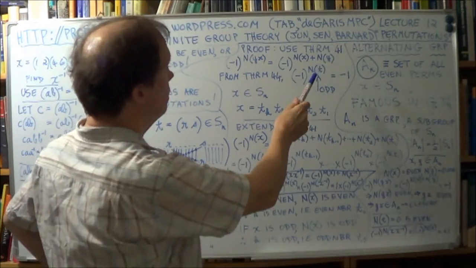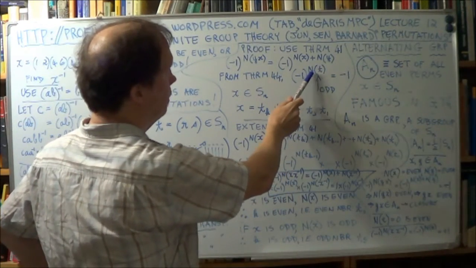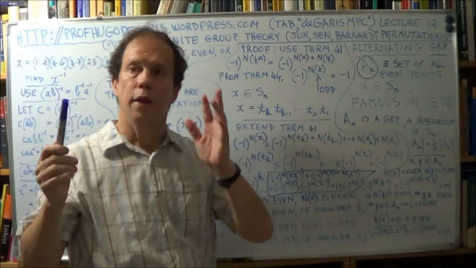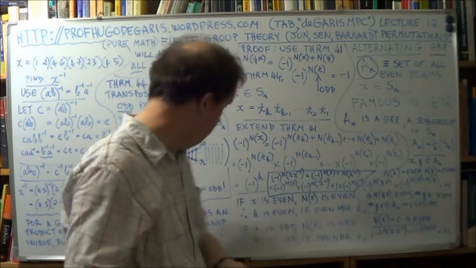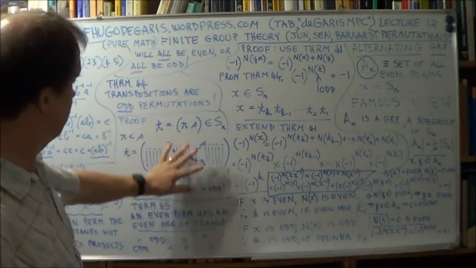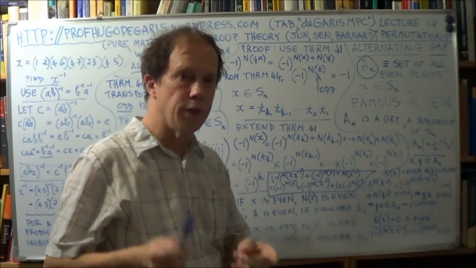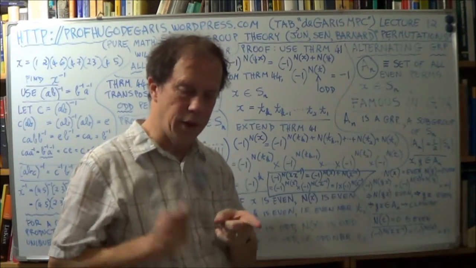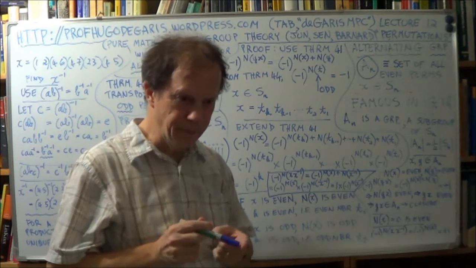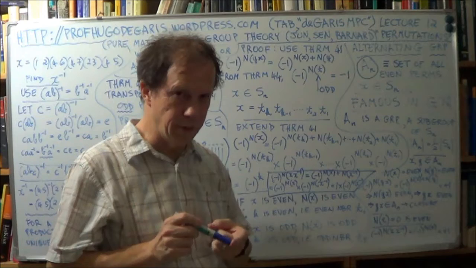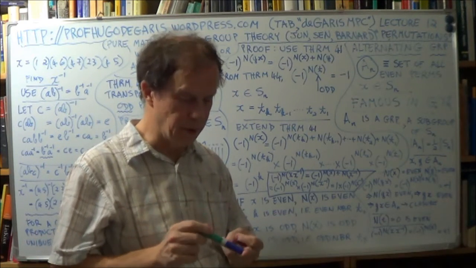Now, a transposition is odd, right? We proved that here. That was in theorem 44. So if it's odd, by definition, it has an odd number of reversed pairs. It has an odd number of